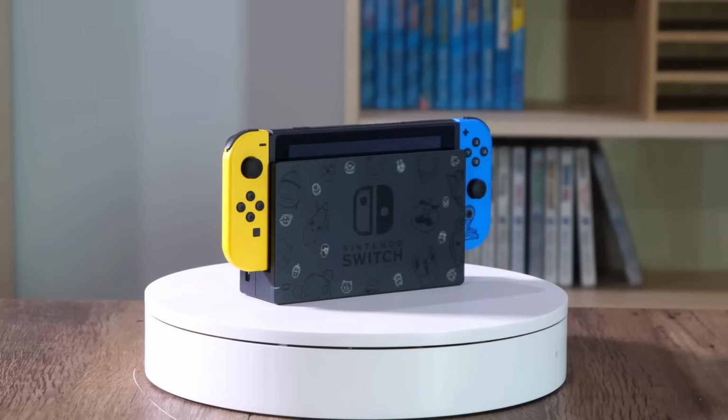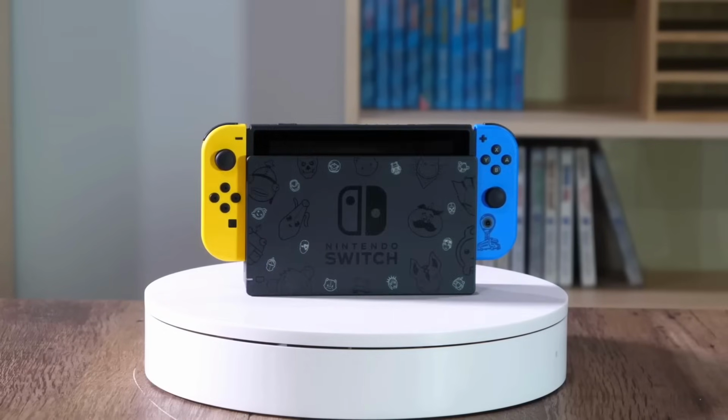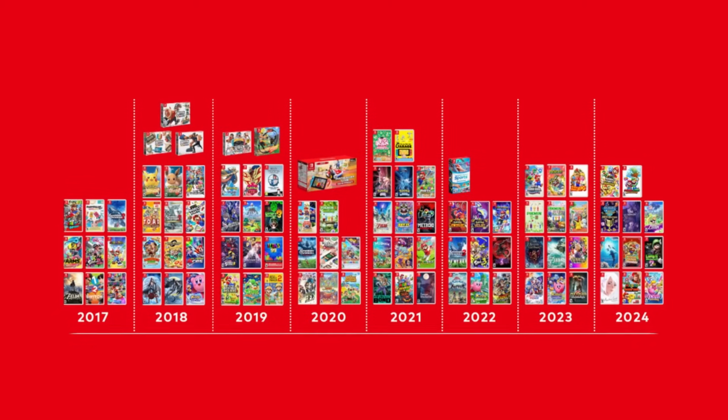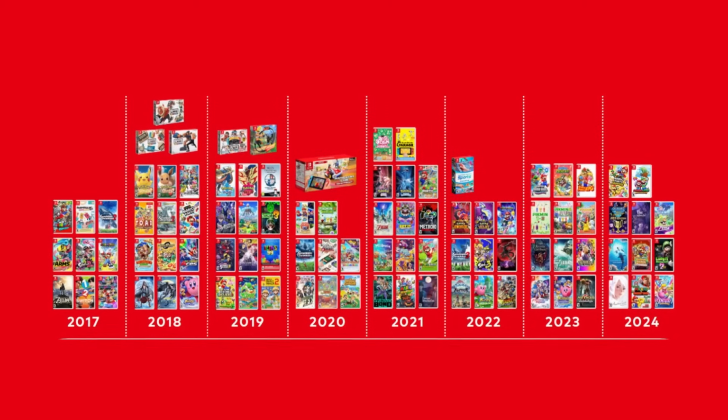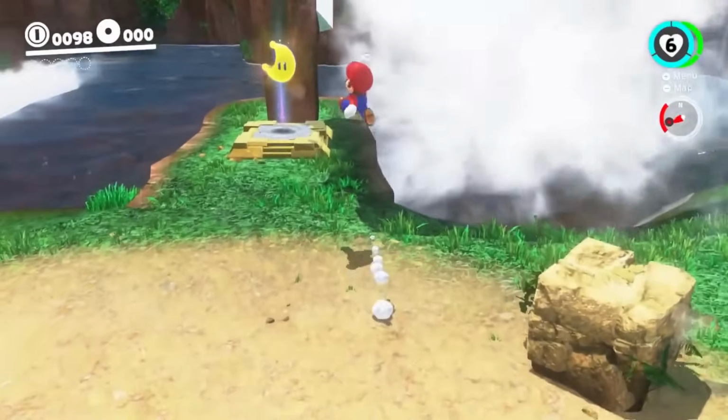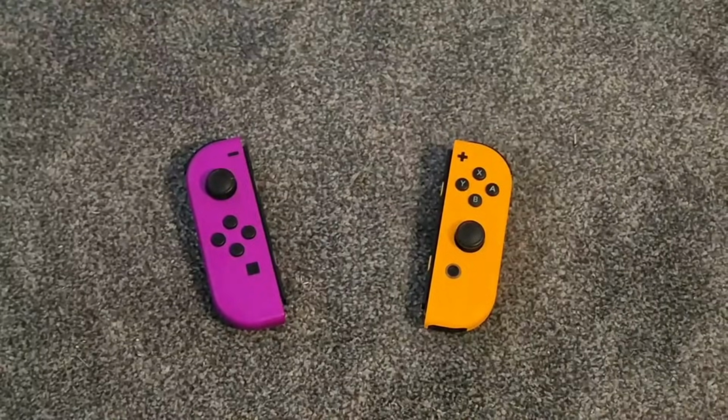The Nintendo Switch is undoubtedly one of the greatest video game consoles of our time. It's an innovative hybrid, it's intuitive to use, it's affordable, and the lineup of games is easily the best Nintendo's ever offered on one system. But there's one issue that's plagued the Switch for all 8 years of its tremendous run, and that is...